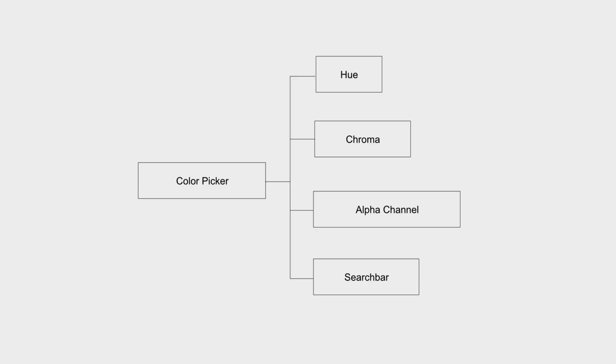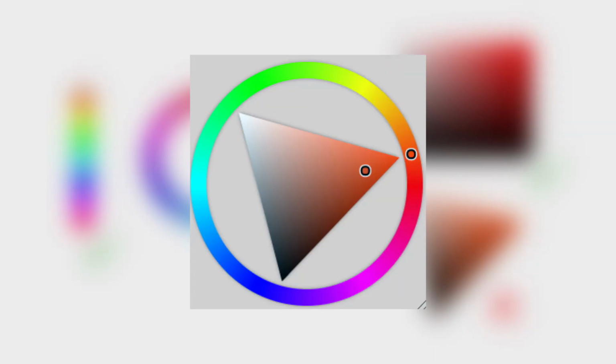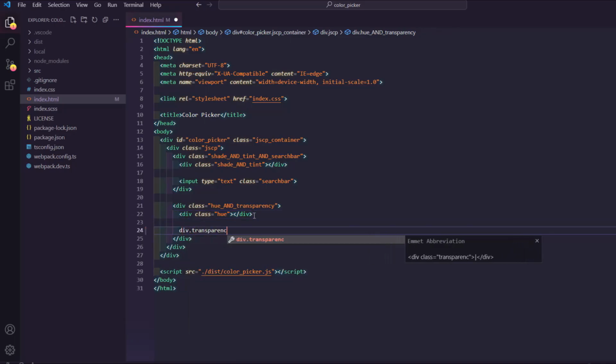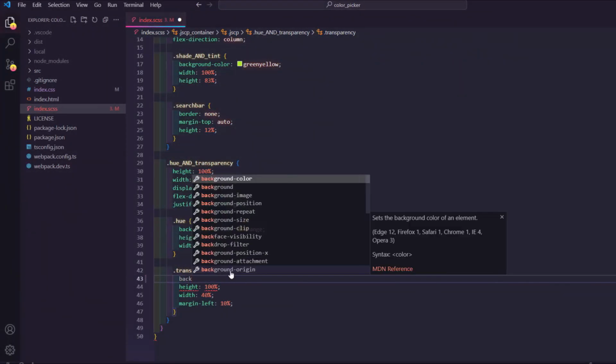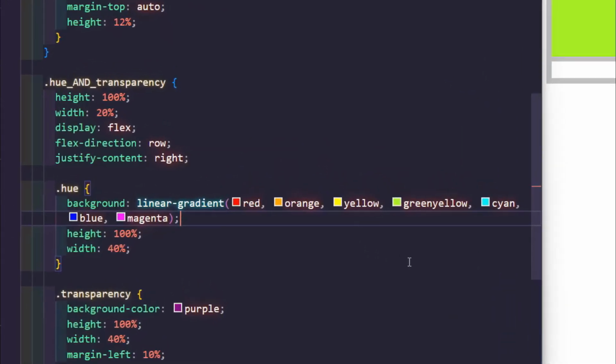Now that I knew what components the color picker will have, it was time to design the layout. I decided that the shape of every component would be rectangular in order to keep things simple. Originally, I wanted to do something fancy like this, but I had a feeling it would not be worth the trouble. I started by making a wireframe of the layout. I created a rectangle for each component and gave them all a different color. Then I arranged them like this. After that, I created the gradient for the hue.